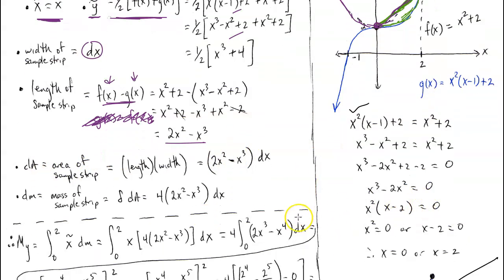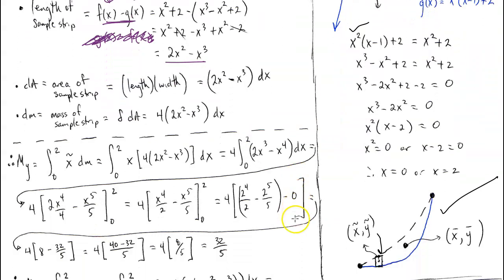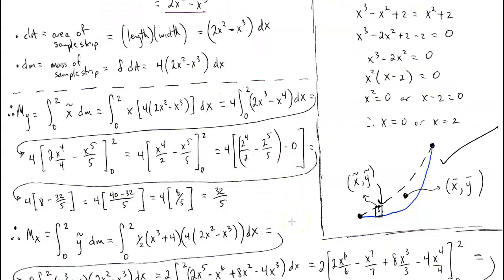And then from there it's pretty much plug and chug. So we find our moment about the y-axis is going to be the integral of x tilde dm. And remember, since our two functions intersect each other at 0 and 2, that will be our limits of integration. So we substitute in what x tilde dm is going to be. And so, of course, all this is dm